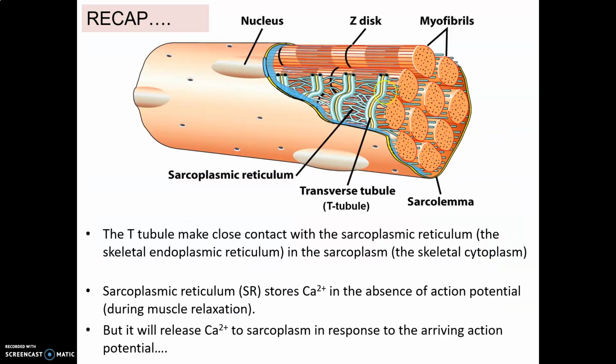So when calcium ion is released into the sarcoplasm, what happens is that the calcium ion will meet the myofibril. The myofibril has the actin and myosin filament. So who does this calcium ion bind to? It will bind to the tropomyosin, it will bind to